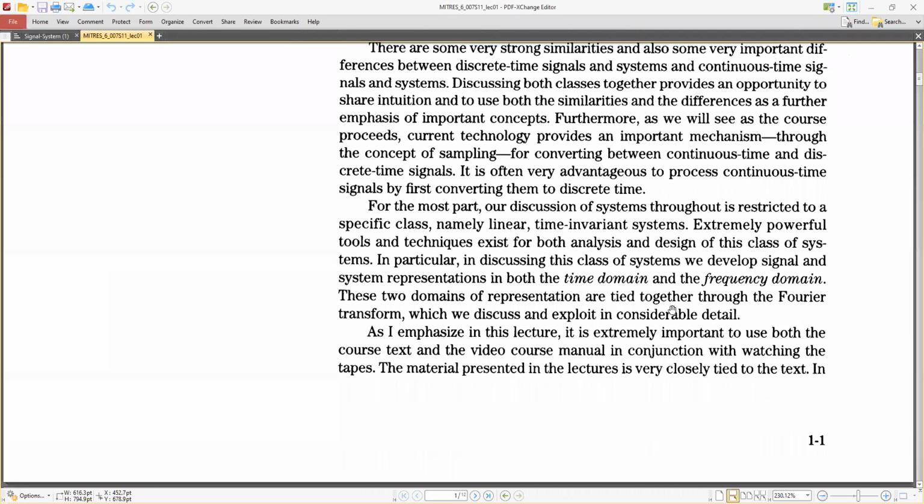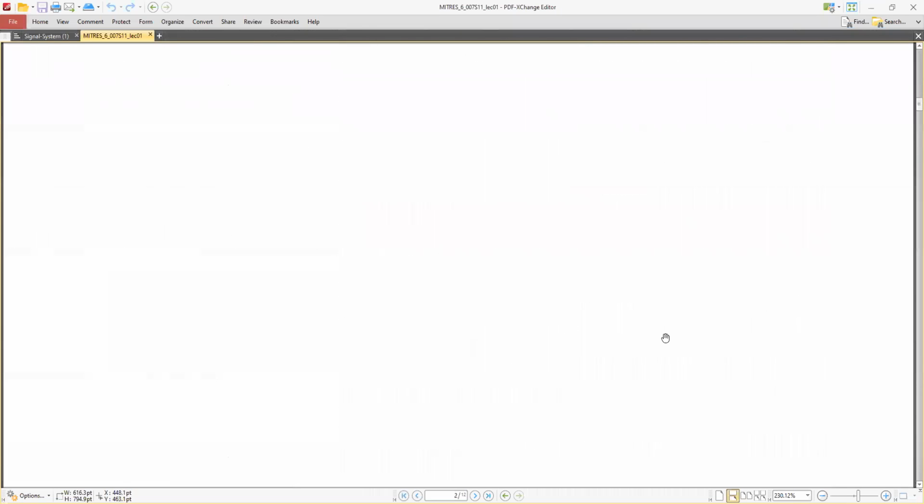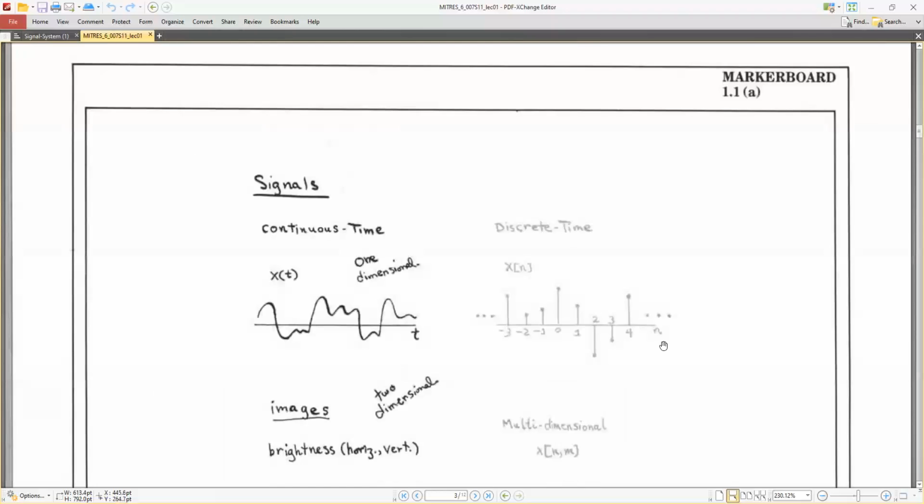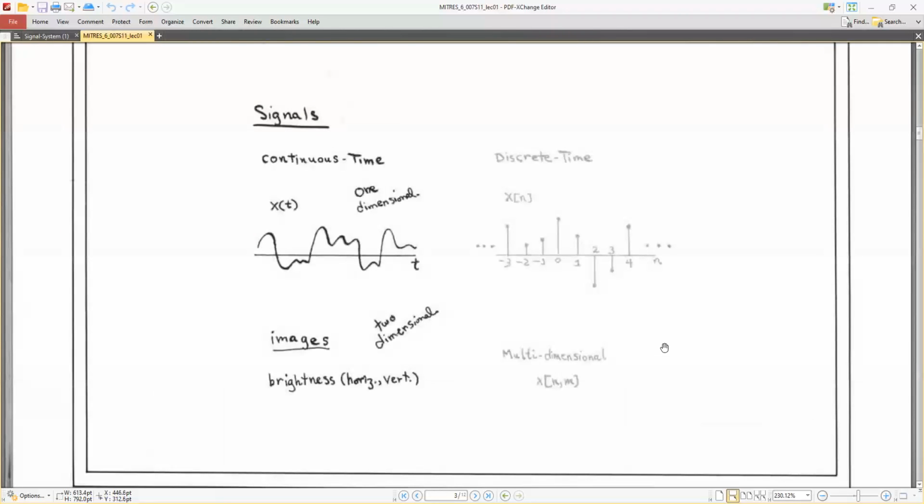So first of all, do you know what the time domain and the frequency domain are? Do you have any idea? Time domain and frequency domain. No, sir. Okay. The oscilloscope we have in the lab shows signals in the time domain. On the other hand,